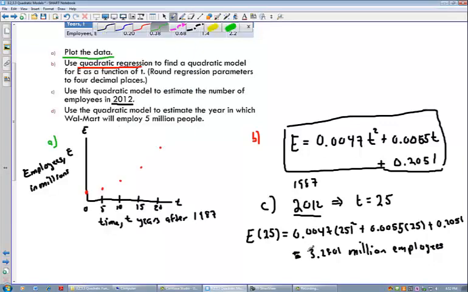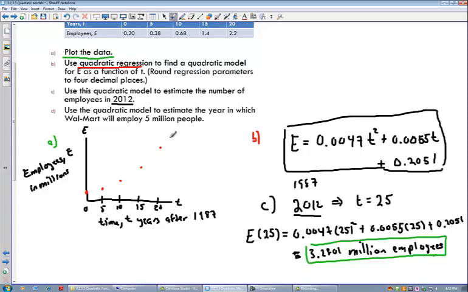In part D, this was an input question, meaning you plug in for the input. Part D should be then an output question. So use a quadratic model to estimate the year in which Walmart employs 5 million people. All right, so for this one, part D, 5 million, that's not T stuff, that's E stuff. So you're going to plug in just 5, because E's in millions, and set it equal to this formula,